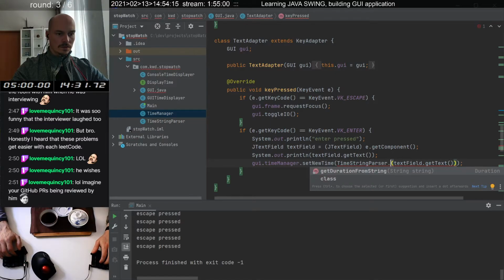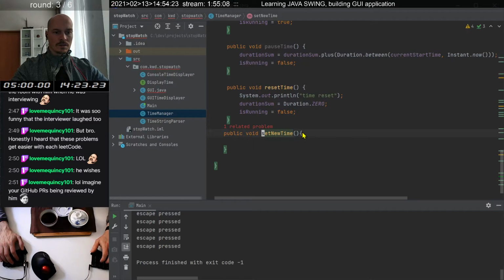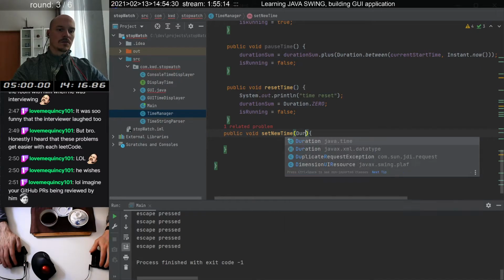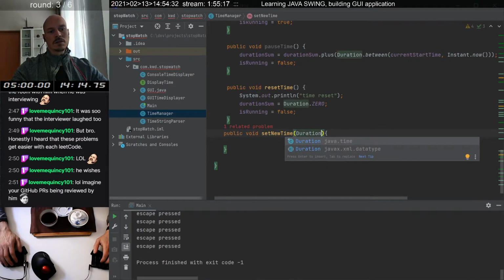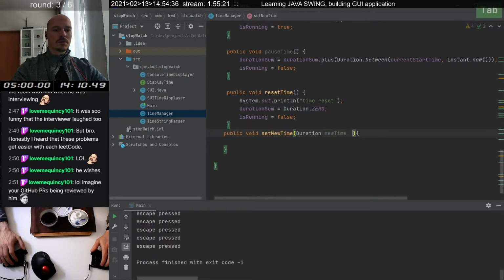Dot get duration from string. This is duration, new time, and we will do